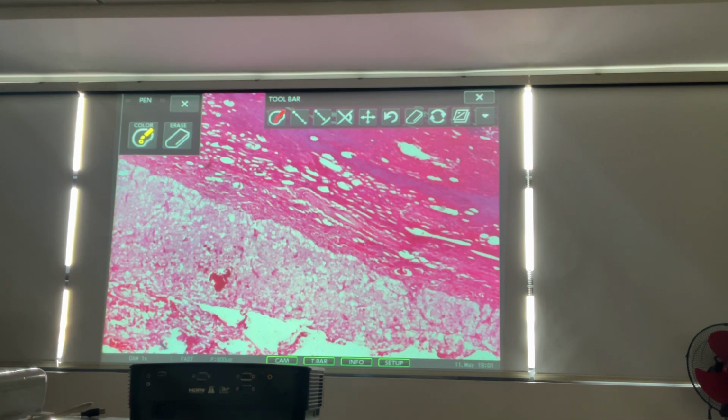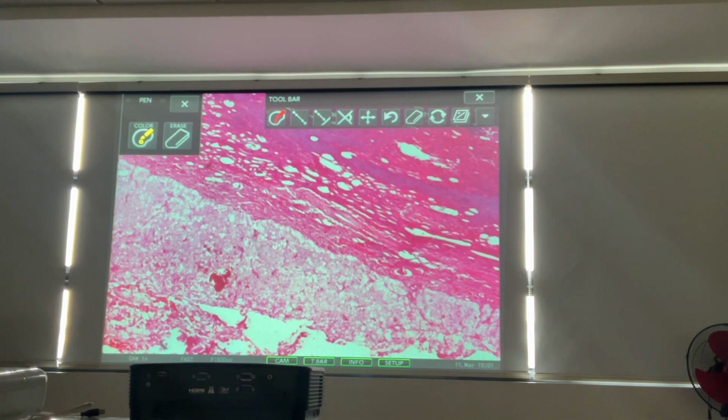Now, the tumor is this one, and then going down, it's paler in color compared to the normal atrophied kidney. As the tumor grows in size, it compresses on the normal kidney, and the normal kidney will atrophy. So it gets denser in color.